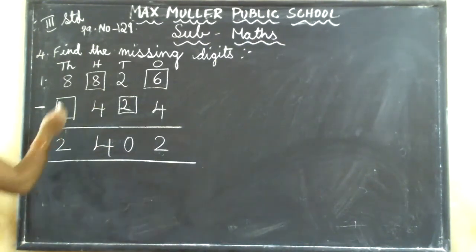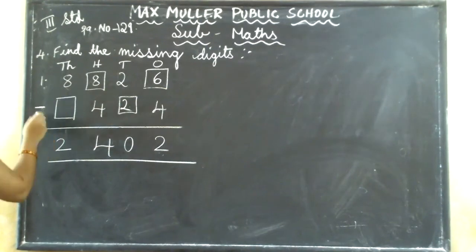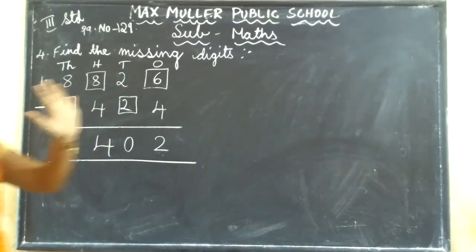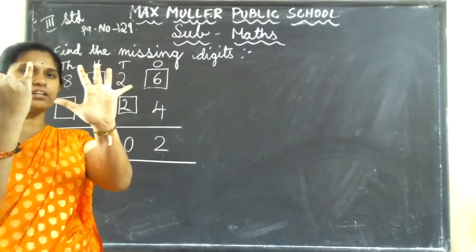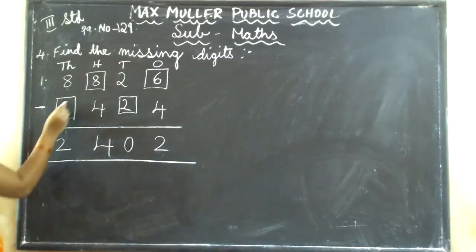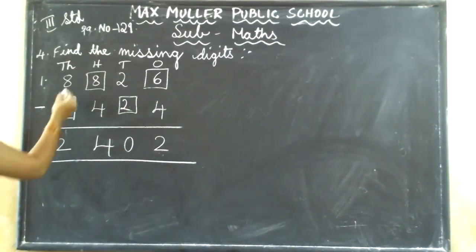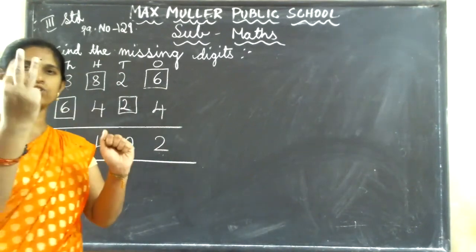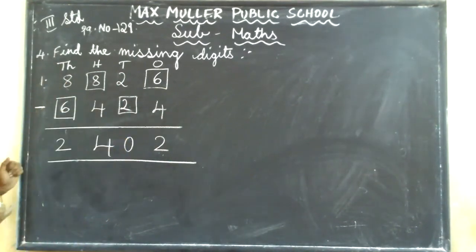Next, here I have got 8 minus dash, 2. So, what are we going to do? From 8, I will minus 2. How much will you get? 1, 2, 3, 4, 5, 6. So, write down 6 here as the answer. You have to subtract 8 minus 6. From 8, if I minus 6, how much will you get? Answer 2. After doing this, you have to check whether your answer is correct or not.